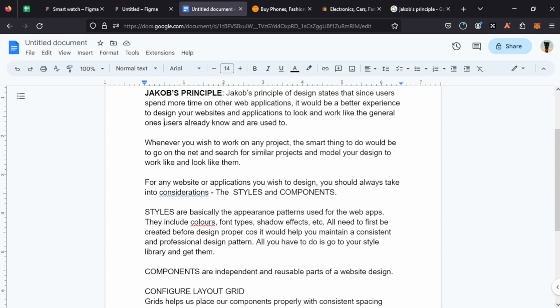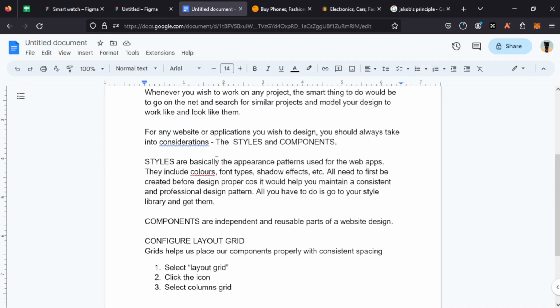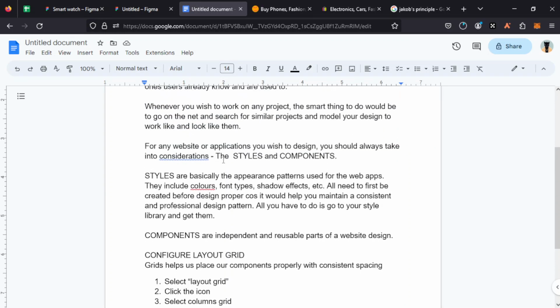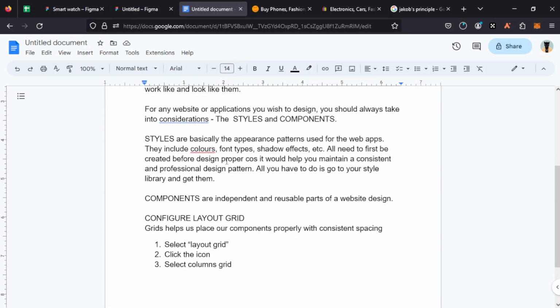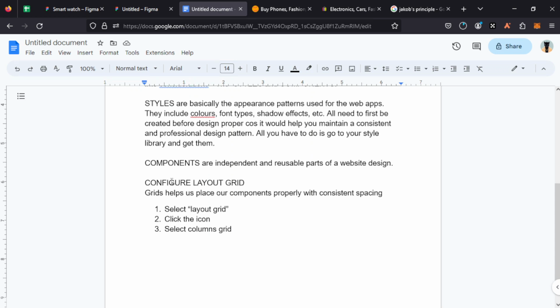What other thing do we have? Okay, like I said, whenever you want to work on a project or product, you search the internet for similar things, most times to draw inspiration, not to copy. Just familiarize yourself with how that product works, because that is already what the user is looking forward to enjoying and having. Now, styles and components, we'll be looking at all of that later. The next thing I would love us to look at is